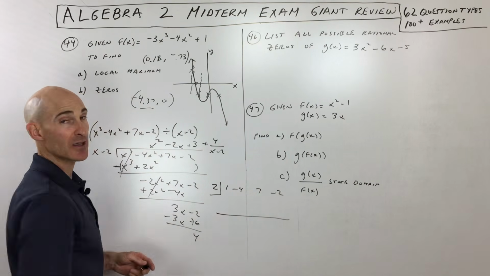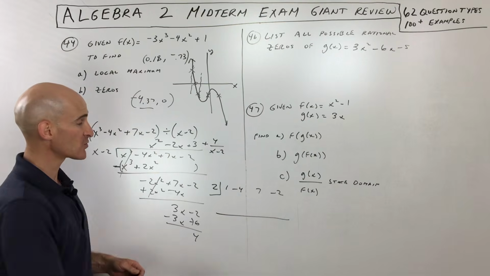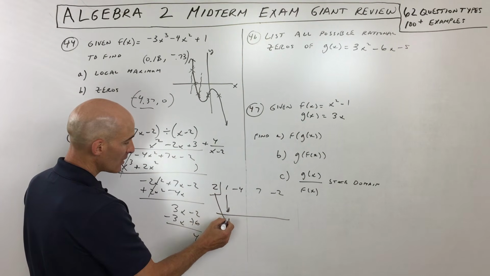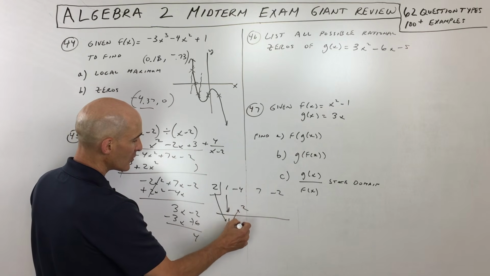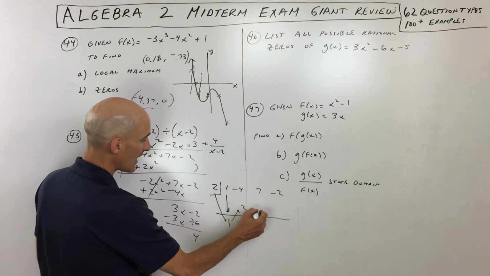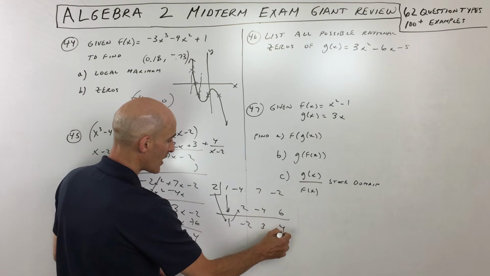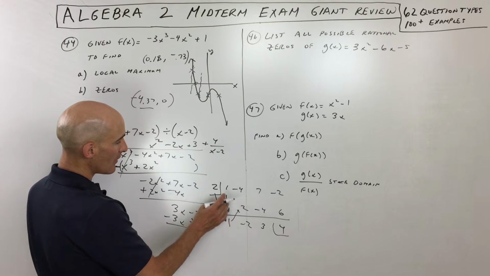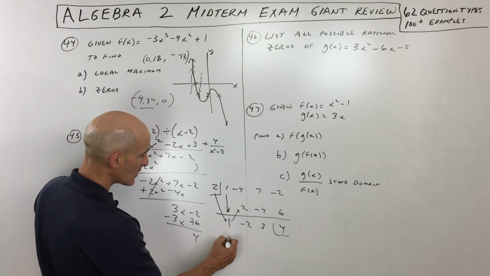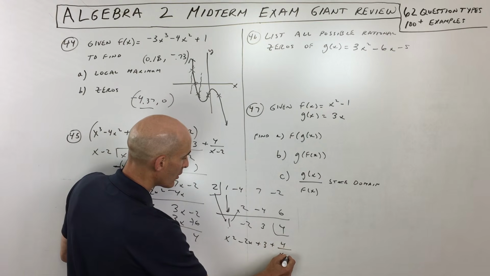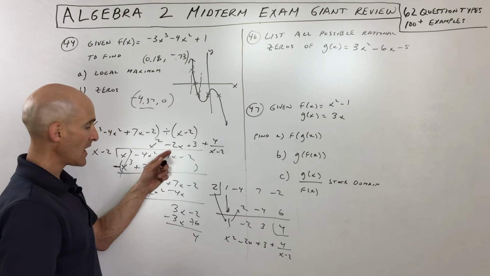Now if you skip any of them, like if you skip from x cubed to x and skip over x squared, you put a 0 as a placeholder. But what you do is you bring down that first term, you multiply on the diagonal, and you add straight down. And you multiply on the diagonal, and you add straight down. This last number is a remainder. So we started off with x cubed. This goes down by 1 degree, so we get 1x squared minus 2x plus 3 plus 4 over our divisor x minus 2. And you can see they match.